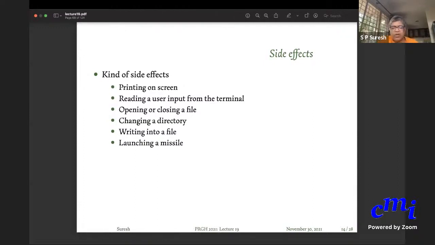That's also a side effect. It's unlike computing Fibonacci, which is an expression. This is the first time you are seeing programs which do actions, whereas till now all you had to know about Haskell was that everything is an expression. There is no statement. Everything is an expression which will have a value. Now you are trying to do things.